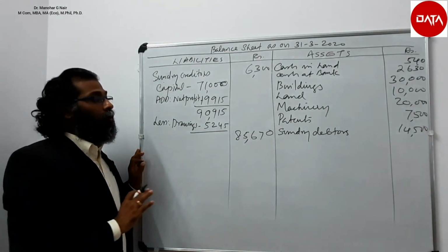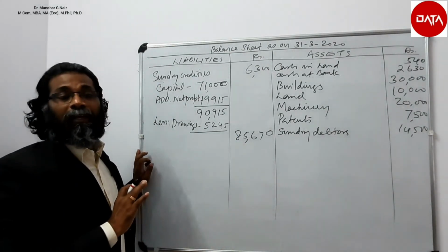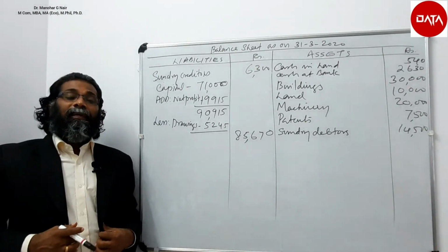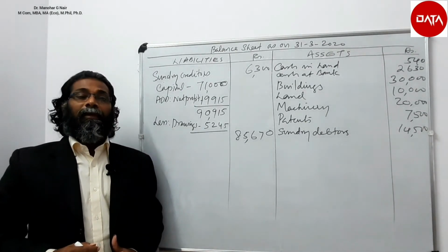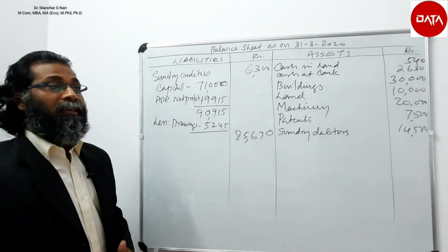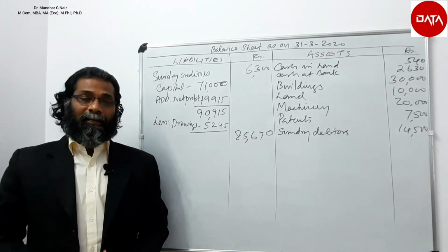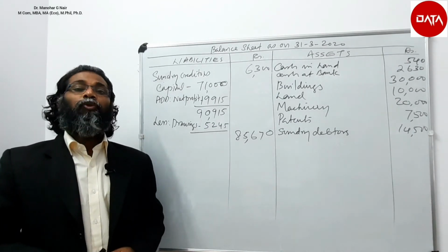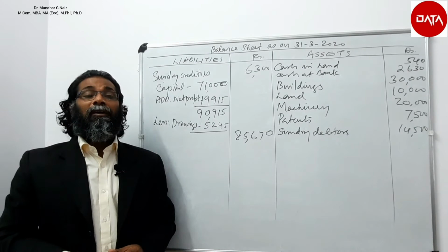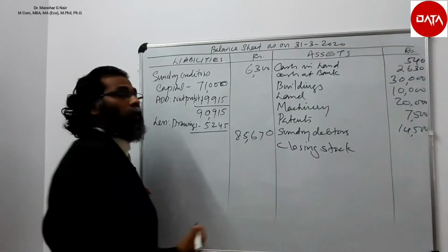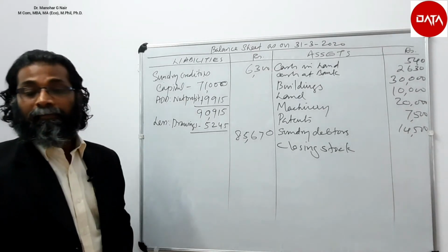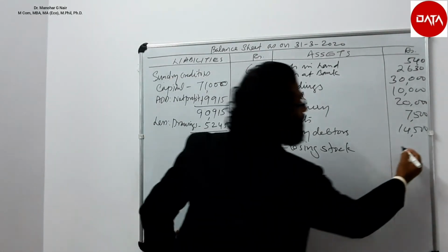Once again go through all the items and see whether we have taken all the items from the trial balance. See, outside the trial balance, an item is given, that is closing stock. See, any item given outside the trial balance needs to be placed in two places. Either in the trading account or in the profit and loss account, but definitely in the balance sheet. Closing stock is an asset, so it should be placed in the asset side. 6,800.